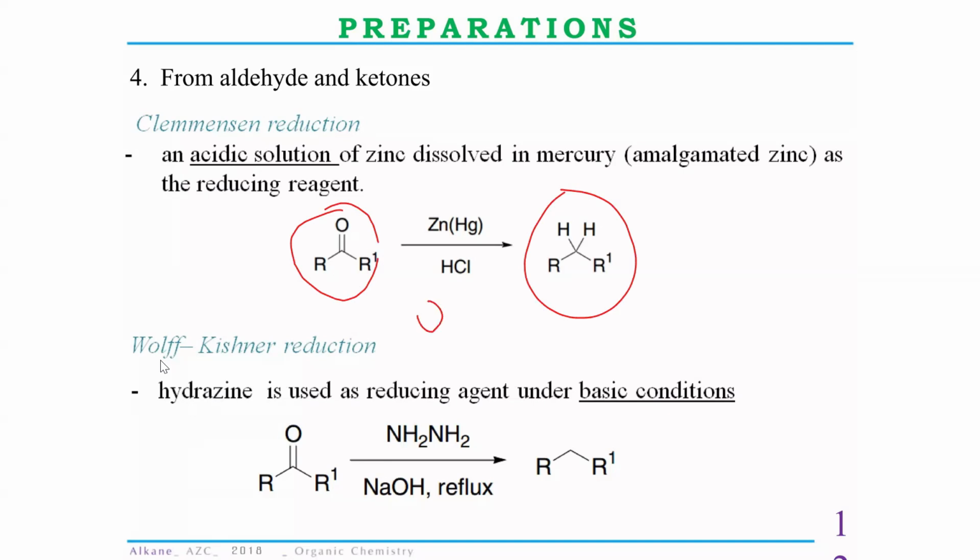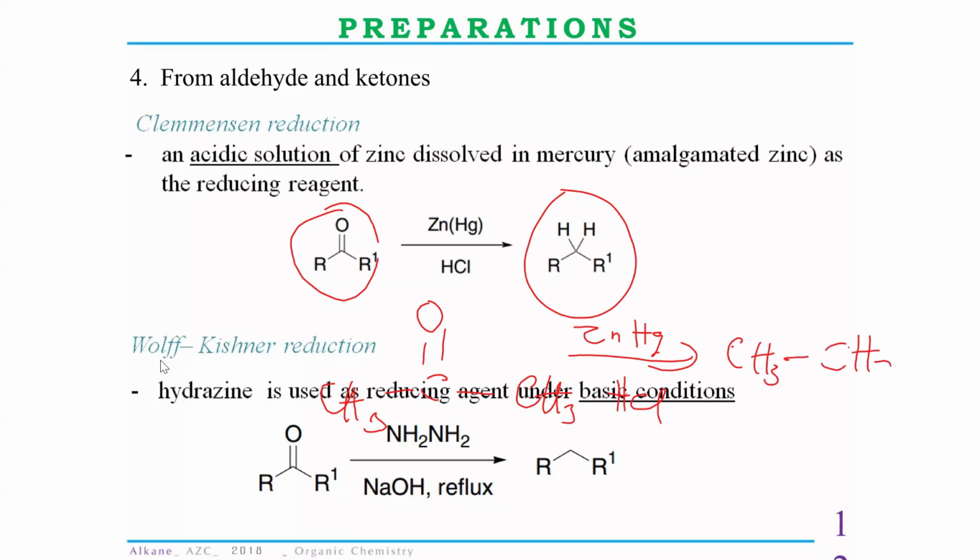Like for example, let's say you have carbon to oxygen double bond, and we have CH3 here, and we have CH3. So in the presence of zinc amalgam and hydrochloric acid, you are now going to generate CH3CH2CH3. So this is what you are going to generate at the end. Then apart from the Clemmensen reduction, there is also